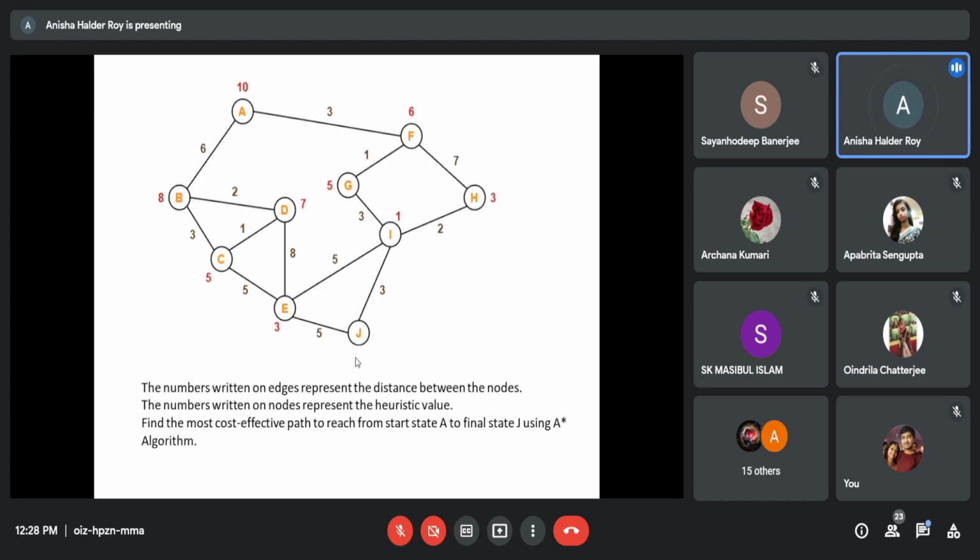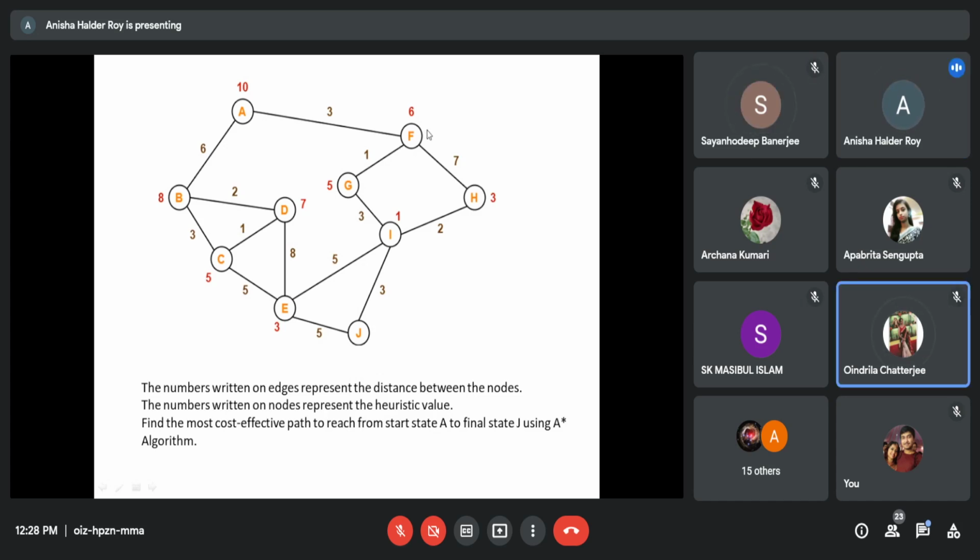So while calculating the Gn, here you have to calculate all the G values starting from the starting node. So for the path F to G, you are actually going to the path AFG, right?